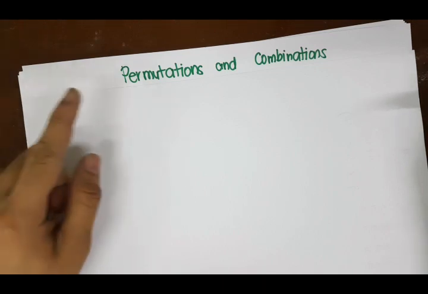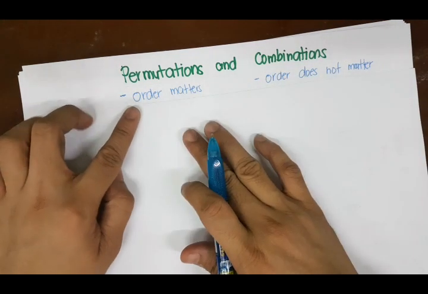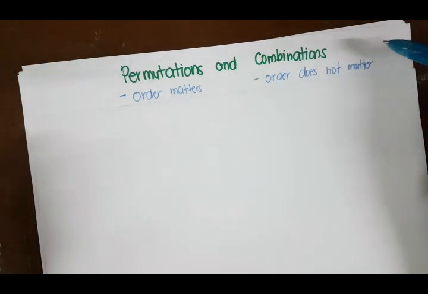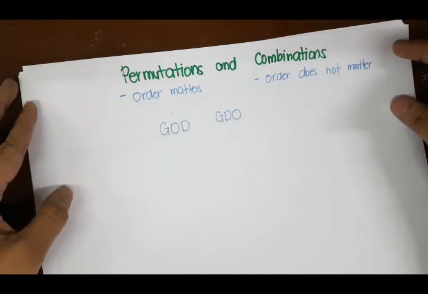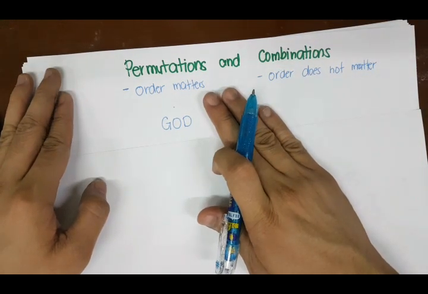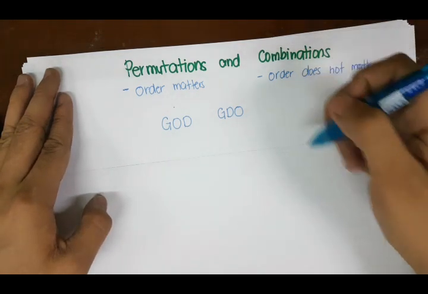Okay? But what is the distinct difference of permutations and combinations? For permutations, the order matters. Again, the order matters or the arrangement matters. But in combinations, the order does not matter or the arrangement of things does not matter. I know you can understand it with an example. Let's have these three letters first. And we are asked to arrange it in a different order. So under permutation,